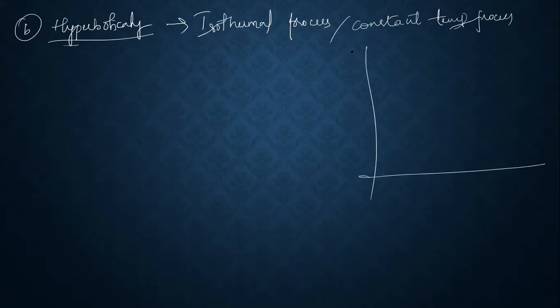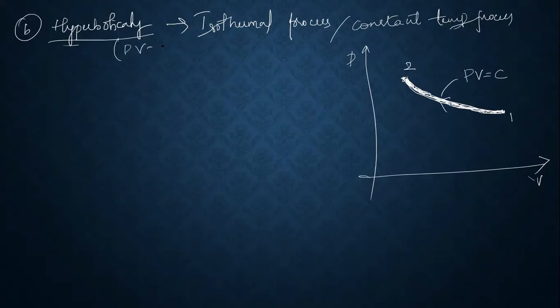And in a PV diagram, it is also a curve, a compression process. This is the curve, the compression process. Here the pressure varies, but the governing law of the curve is PV is equal to